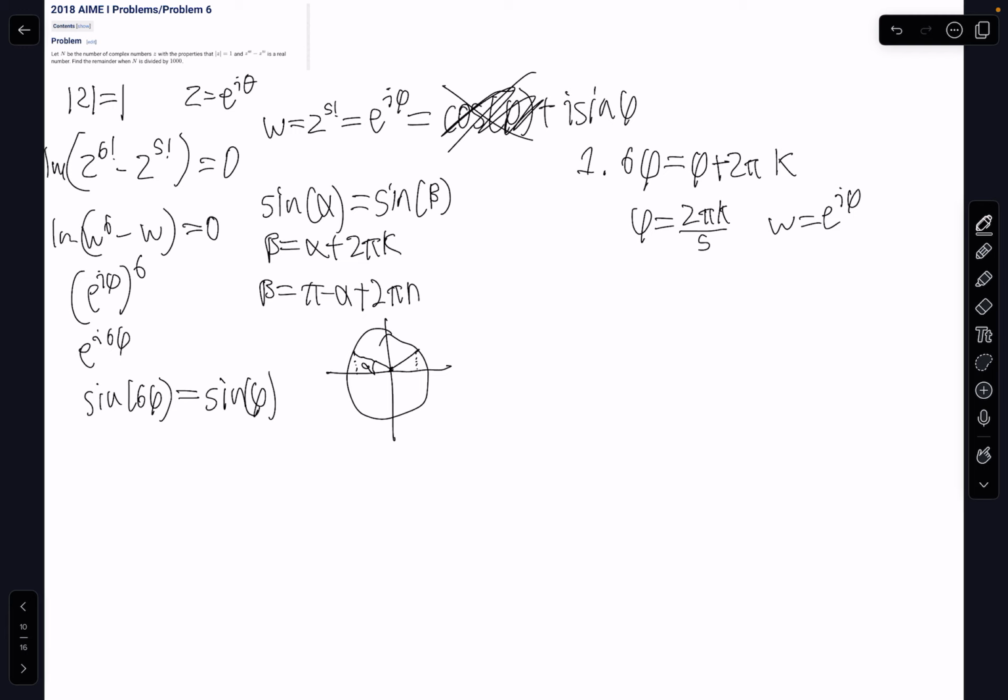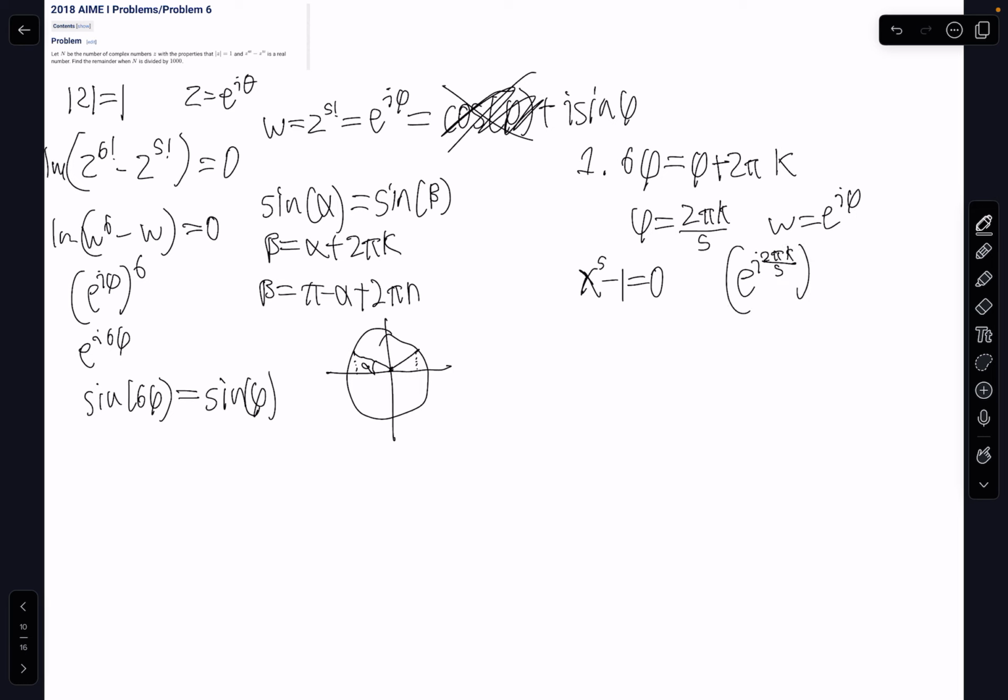So with 2 pi k over 5, you might know this as the fifth roots of unity, right? And there are only 5 of those possible values. The fifth roots of unity are basically the solutions to the equation x to the 5 minus 1 is equal to 0, right? And we know that because it's a polynomial of degree 5, it must have 5 solutions. And to get an understanding for why these are the solutions,